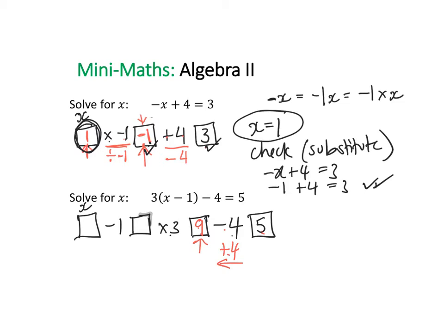So what number must we have in this box so that when we multiply it by 3, we get 9? So hopefully you can see that that has to be a 3. 3 times 3 is 9. If we had trickier numbers, you could backtrack by doing the opposite. So instead of multiplying by 3, we're going to divide by 3, and what we want is 9 divided by 3, which is indeed 3. Okay, so that's that box, and now final step, we want to work out what was in the first box,